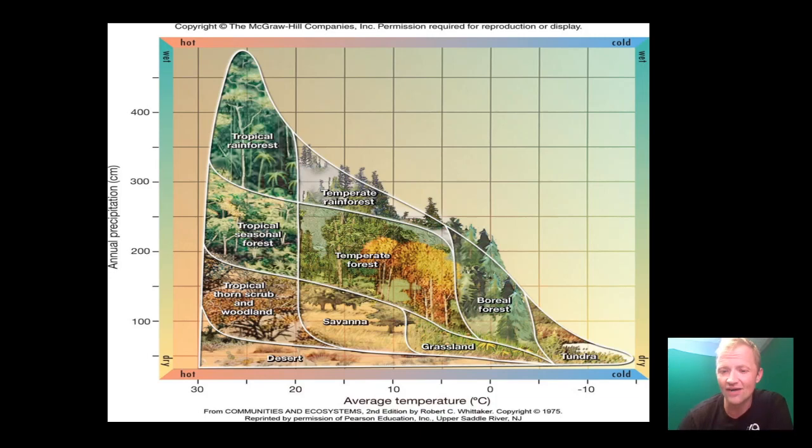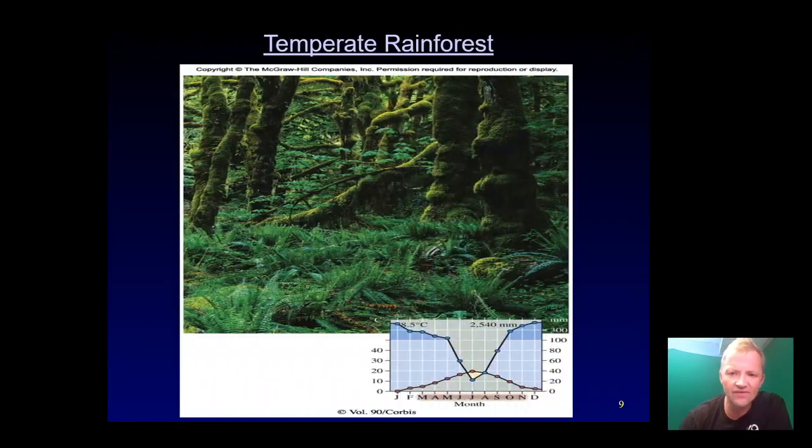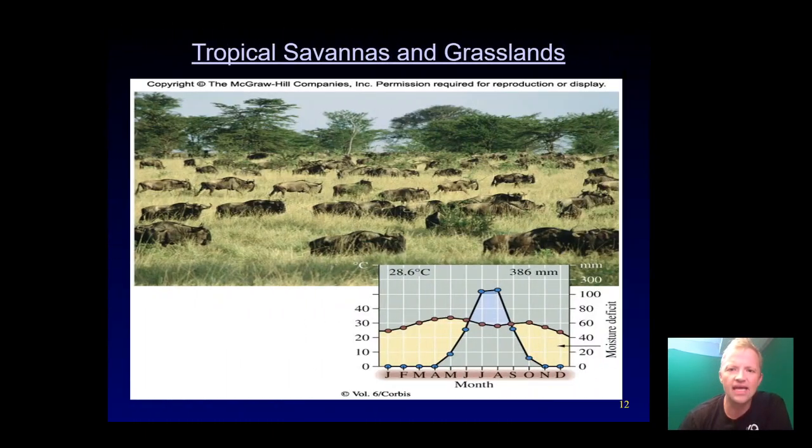I do love this graphic, but if you want to look at specifics, this is what makes a tropical savanna grassland. You have periods where sometimes it gets a lot of rain, but then most of the year it's very, very dry. Temperature can go up and down as well, right? So do know that's tropical. In regards to other grasslands, temperature doesn't mean as much. I would say this is more based on precipitation, with these peaks and then a lot of dry periods.